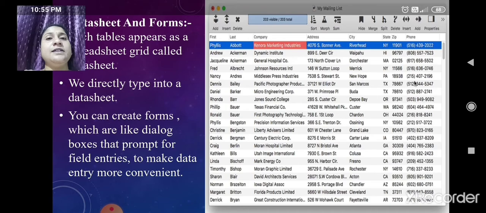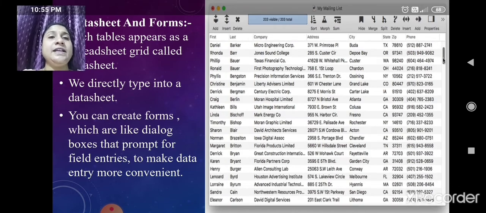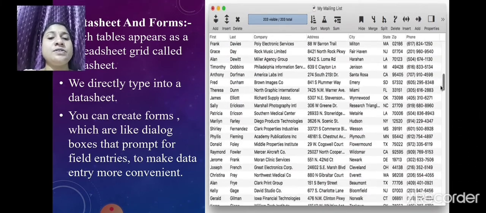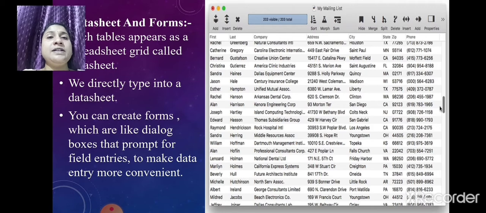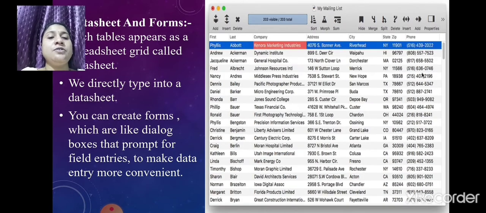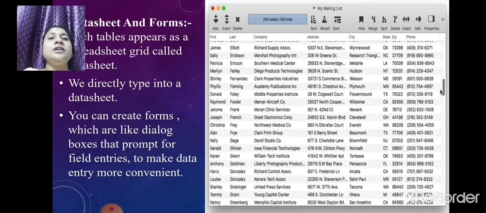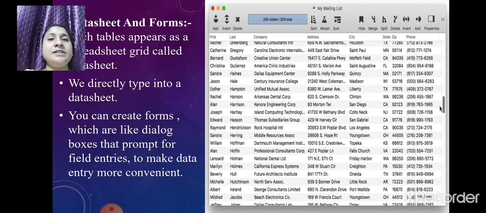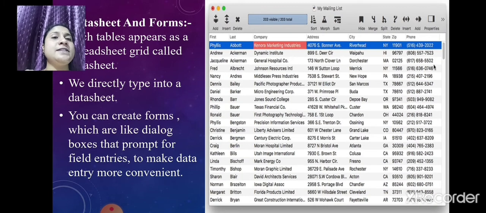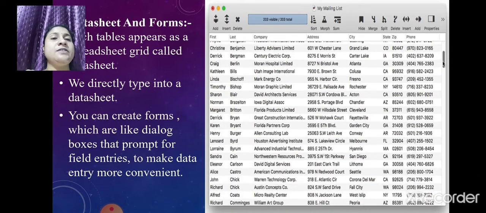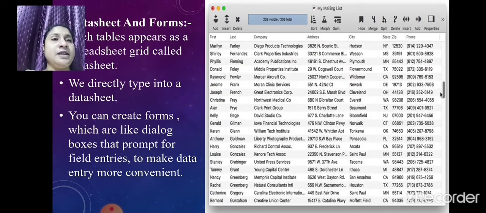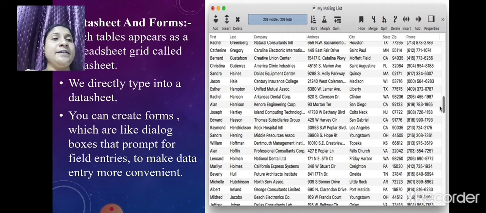Now the next is datasheet and forms. Each table appears as a datasheet, like a spreadsheet. So each table appears as a spreadsheet grid called a datasheet. Here you can see first name, last name, company, address, city.